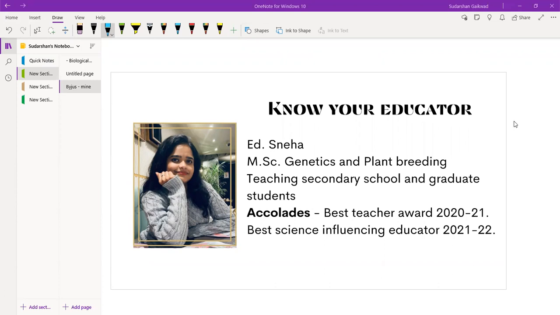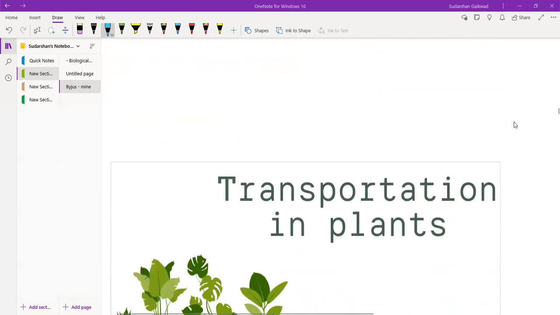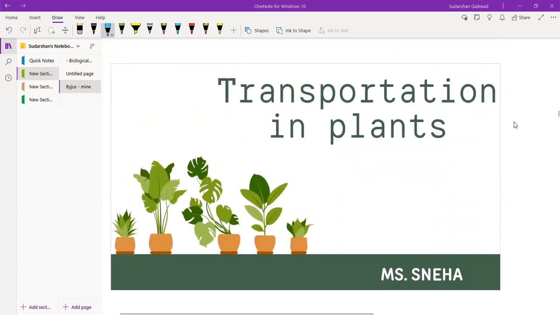In the earlier classes, you have learned transportation in animals. Now we are going to learn about transportation in plants. As we know, transportation in animals is done through vessels like blood vessels, and we transport oxygen and blood through them. But in plants, what are the things that